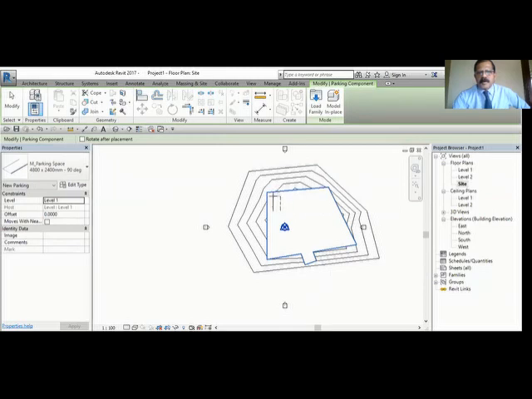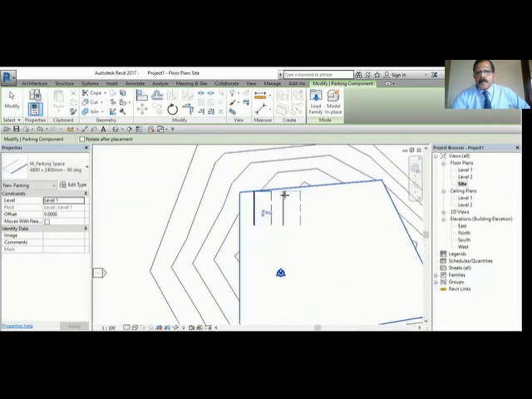I'll just put it here. You can copy that also, no problem. Some parking I did.